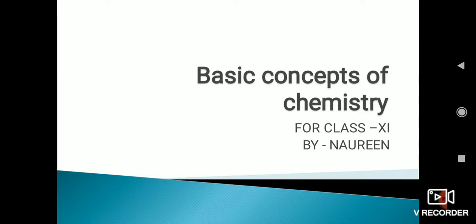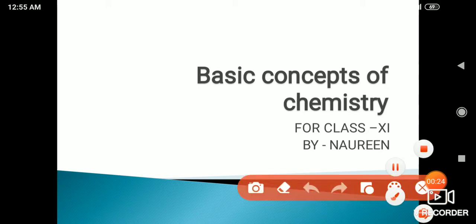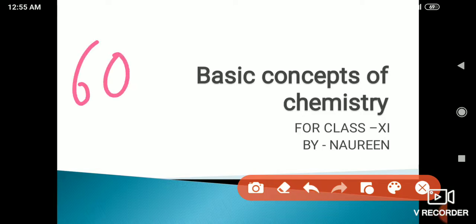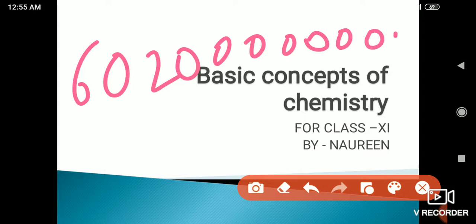As you all know, chemistry is the study of atoms and molecules. And if we have to study atoms and molecules, we have to deal with large numbers, because atoms are large in numbers, like it can be 6020000. So if you will see, I will say the zeros again, how it sounds.